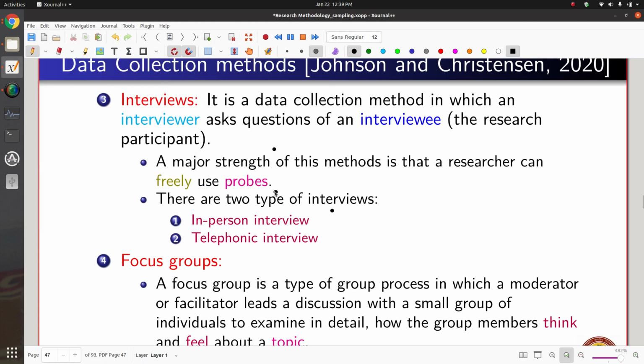So in case of focus group, the important difference from the group discussion is that the focus group discusses only a single topic, and generally the participants actually